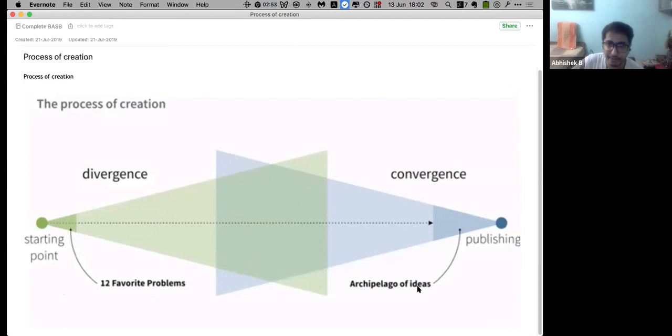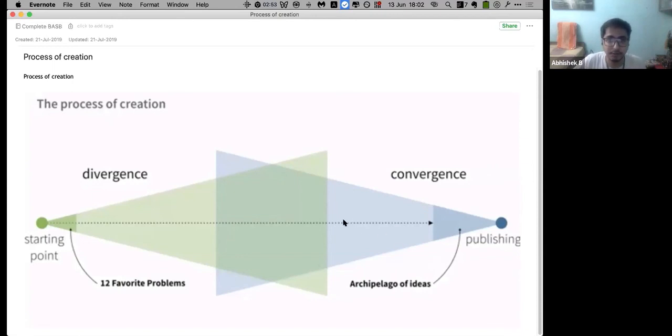And this part, the archipelago of ideas, is essentially the summary, like the notebook that I showed of the code of conduct. That was an example of an archipelago of ideas: you had 7 or 8 nodes that got converged into one single node, which was the code of conduct, if that makes sense.